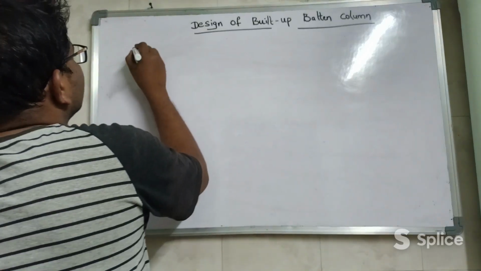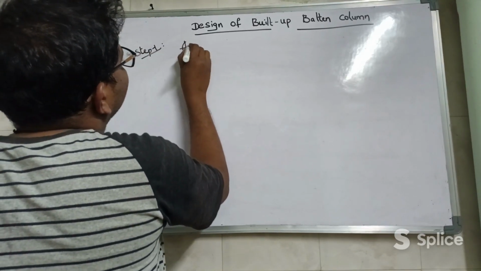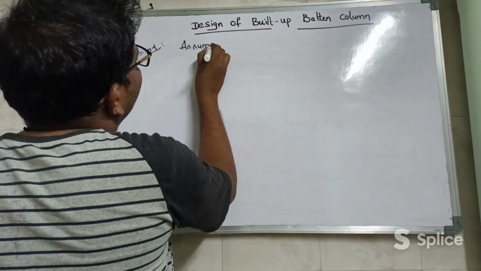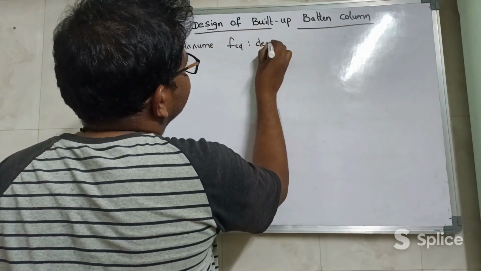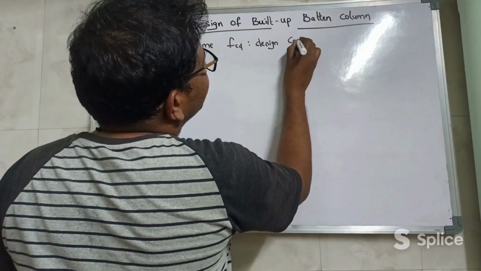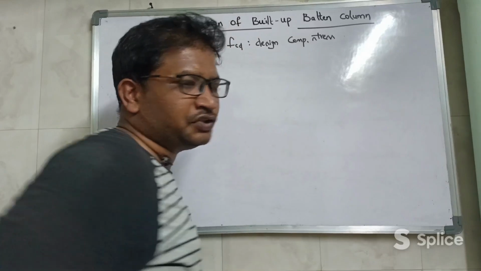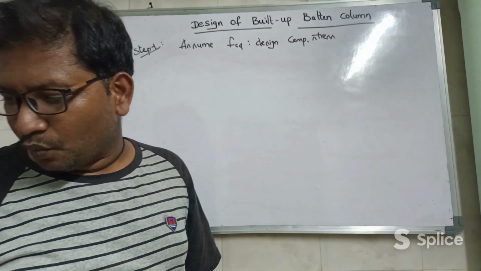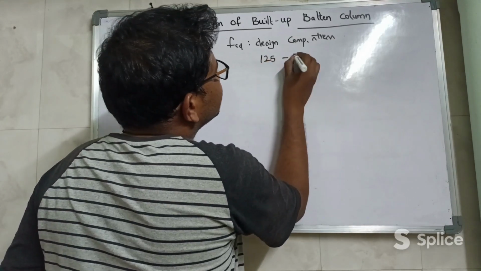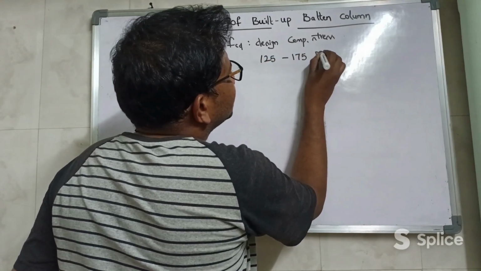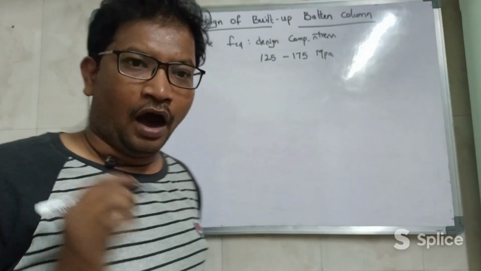Step number 1, assume FCD value. FCD is design compressive stress. We need to assume this value. We can assume this value from 125 megapascal to 175 megapascal. In this range, you can assume the FCD value directly, or